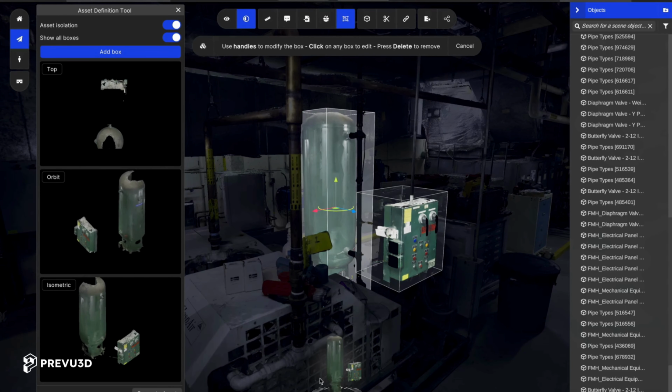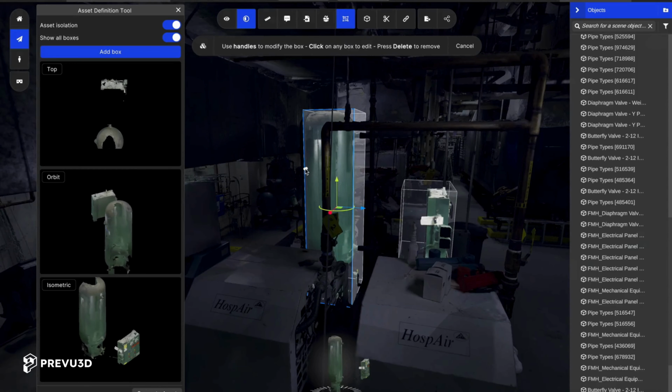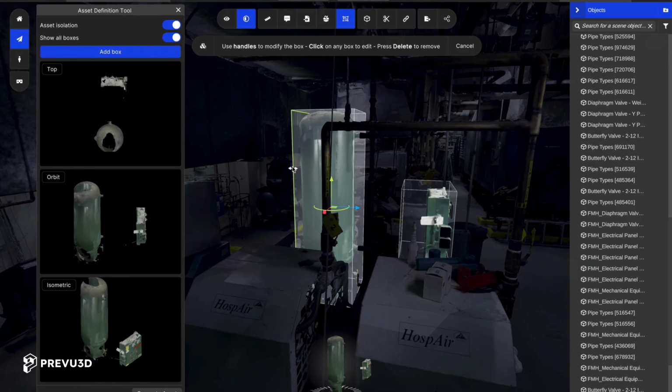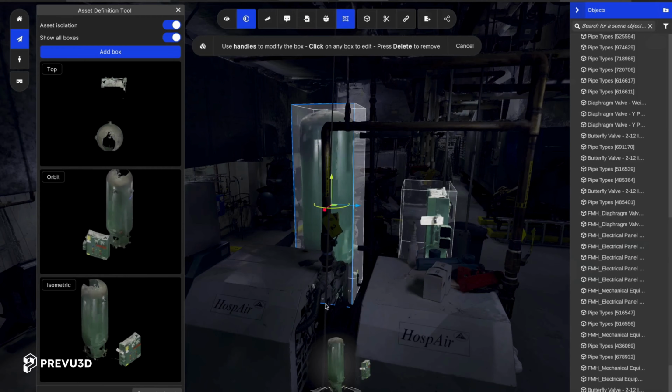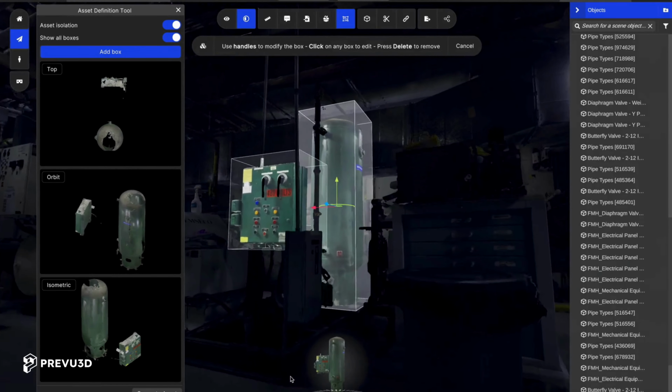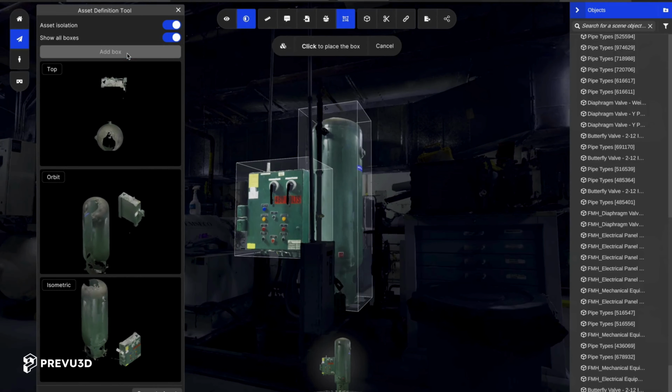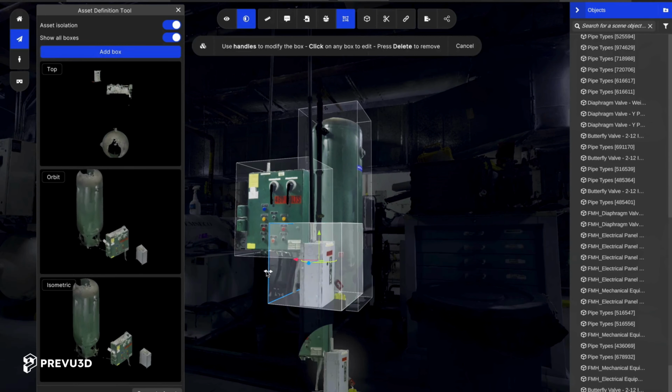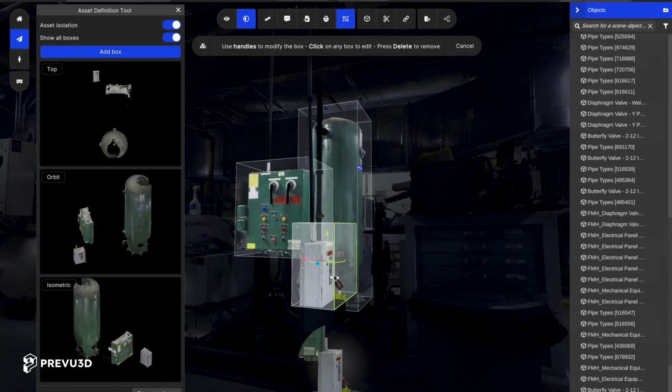I can adjust the right side that is not fully captured, and I can go in the back quickly to adjust the settings to make sure I'm capturing every element of that specific asset. Coming back to the front, I'm going to bring in another box to complete the asset definition of the specific